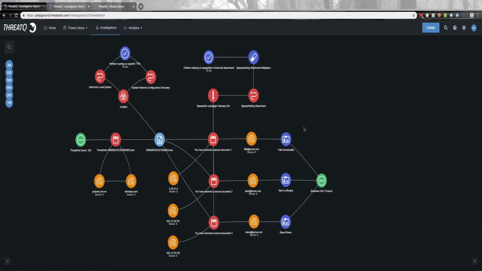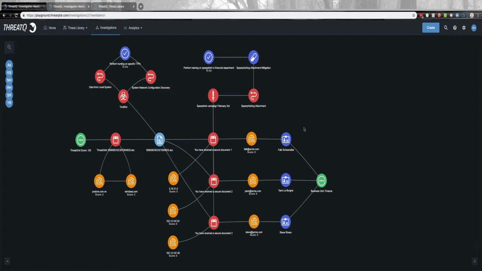Greetings. Today I'd like to talk to you about a very simple spear phishing use case utilizing ThreatQ and ThreatQ investigations. What you see on the screen here is an evidence-based board utilizing ThreatQ investigations. It's a node-based view that shows the relationships between different objects or pieces of information that have been stored within the ThreatQ threat library. This particular investigation that we're looking at, again on spear phishing activity within a targeted environment,